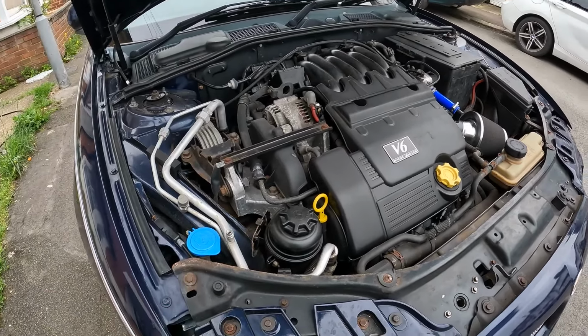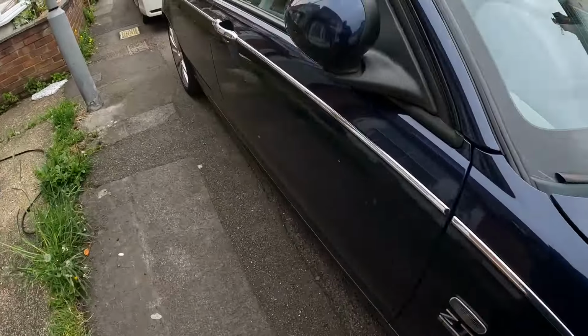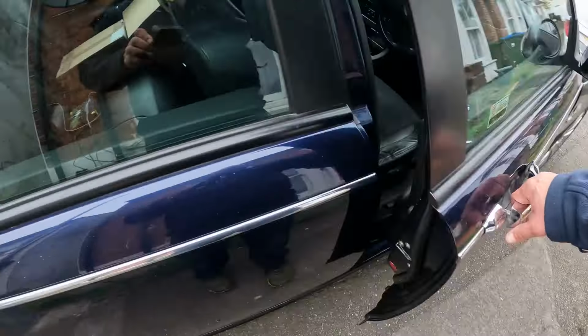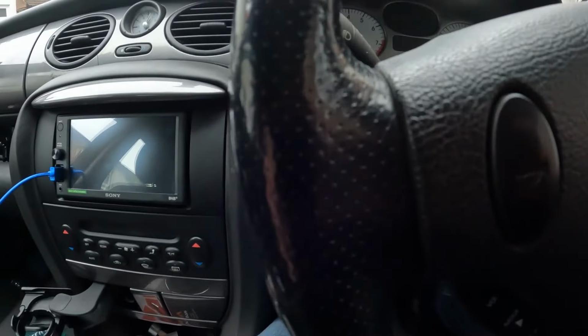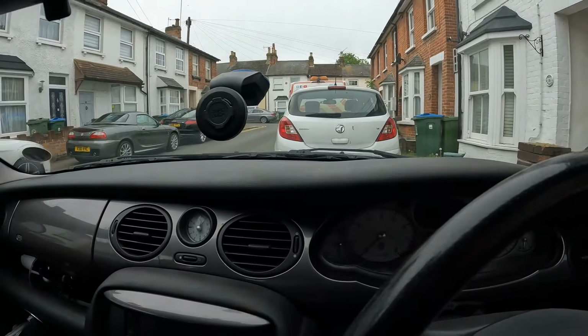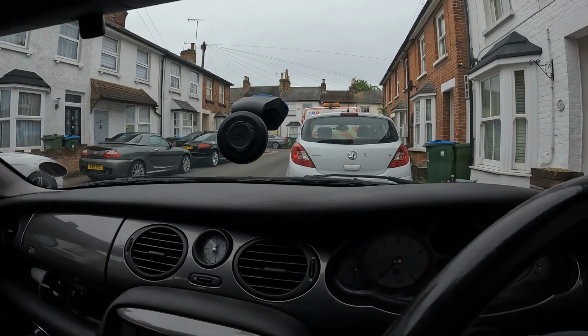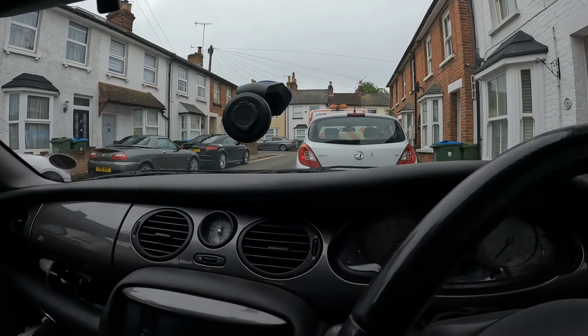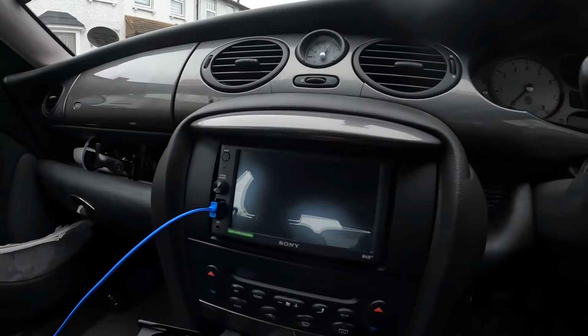So yeah, it's looking nice under there. Let's take you inside and we'll have a little look at what's gone on in here. So I need to get that quad lock off, and that's going to go in the TF or the BRM, because my two ZTs have now both got